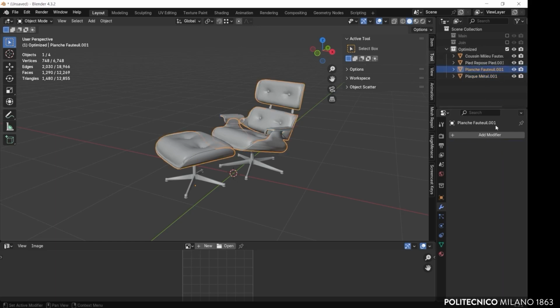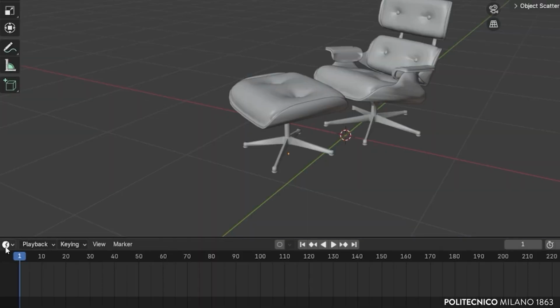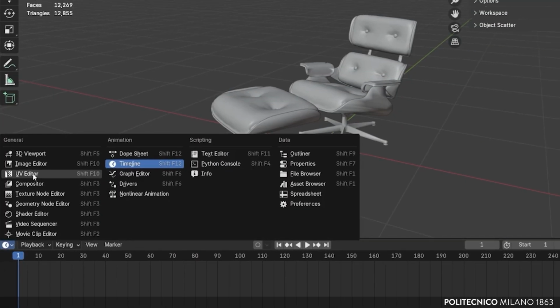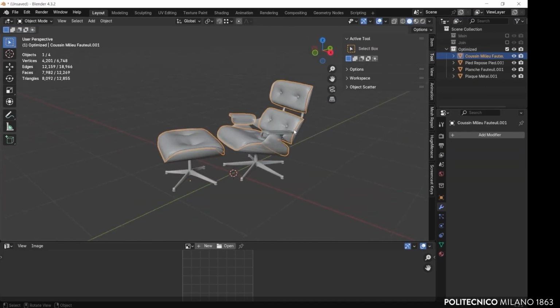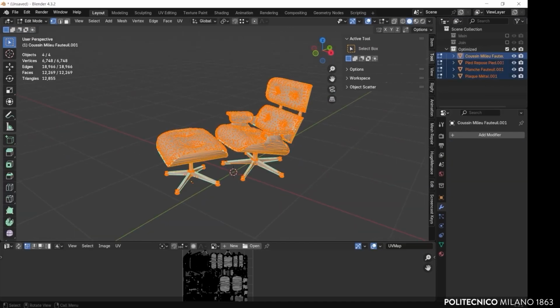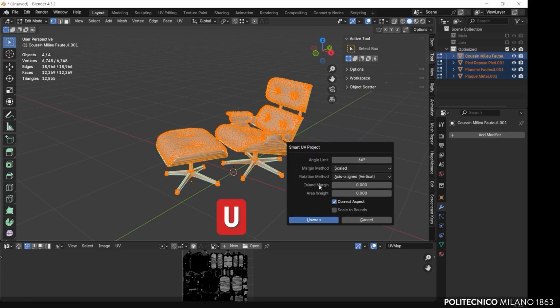With the optimization complete, it is now time to unwrap the model's UVs. In the lower viewport, switch to the UV editor. Select all the meshes, change the interaction mode to Edit Mode by pressing Tab, and select all faces, edges or vertices. Press U and choose Smart UV Project.